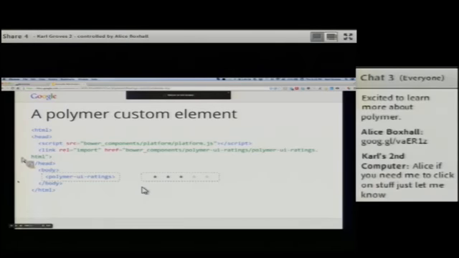And then the Polymer UI ratings that I've helpfully outlined there renders, as you can see on the right. So it's a very cute little ratings widget. You have 5 stars. The stars are filled in or not filled in, depending on how many stars you've selected. So you can click the stars and it'll change the rating.